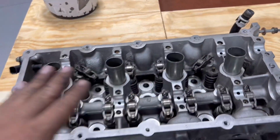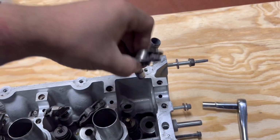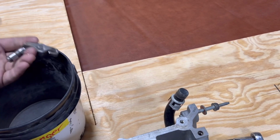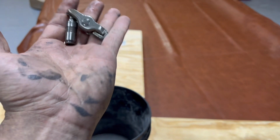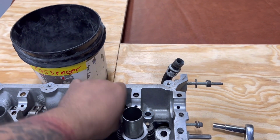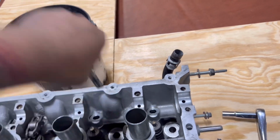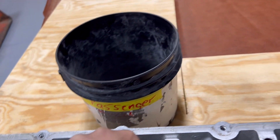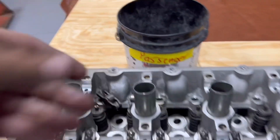So now, what's next is pulling these lifters out right here. Lifters and rockers. I've got new, well I say new to me, lifters that my buddy Marcus is actually giving me to put back in here, because some of these are a little bit spongy. So just want to grab these, pull them out. And again, you can see on my bucket here, it says passenger. That one don't want to come out. So anyways,